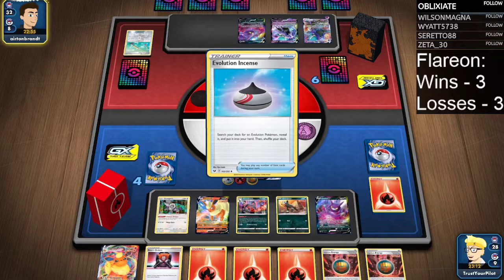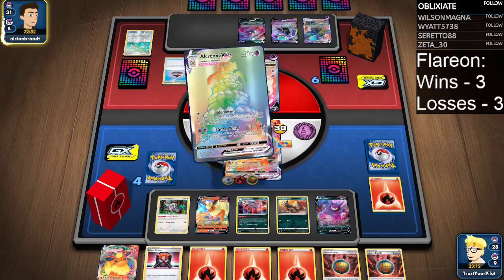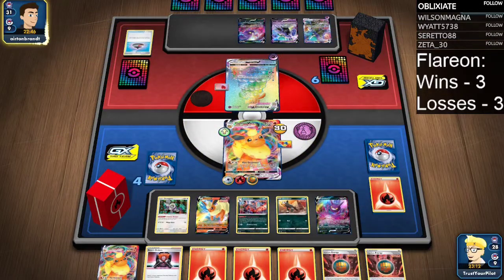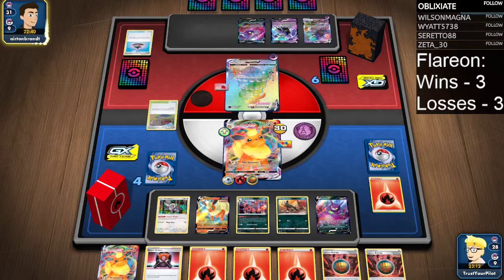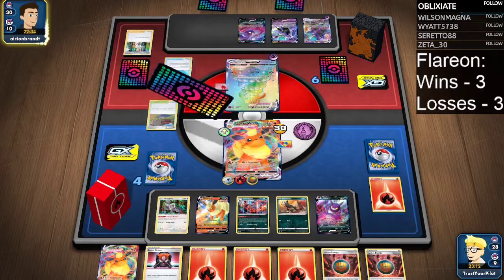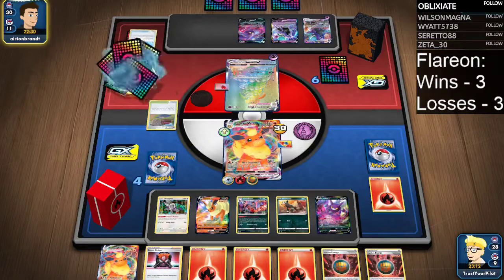Alright, so they'll grab either Alcremie VMAX. Oh, they're going for Alcremie VMAX. The assumption here is that they have Switch. They just retreat. They can't really do that either. Are they just going to go for an Adornment? What are they planning? They can't Crobat again. They have another Calyrex. I can take a knockout. I have Boss's Orders, so I could knock out...